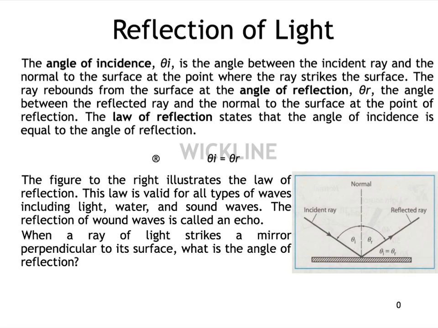Alright, so reflection of light is first. We have this really beautiful, simple equation, which just says that the incident angle is equal to the reflected angle. So it's right here. We have an incident ray coming in, we have the normal at a perpendicular, and the reflected ray is going to look almost identical to the incident. It's just going to be on the other side of the normal, and the angle will be the same,